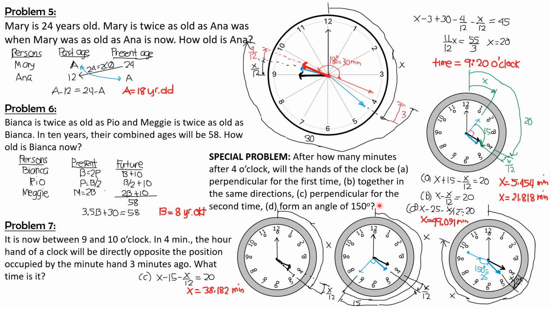So the principle, we draw a clock reading 4 o'clock. So this is 4 o'clock. Then the initial angle between the hands of the clock is more than 90, and take note that the minute hand turns faster than the hour hand. So the hour hand is constrained to move within this gap, within this space. So the minute hand will not yet overtake the hour hand, and the angle between them will be 90 degrees, or they are perpendicular to each other, this red here, and 90 degrees corresponds to 15 minutes.